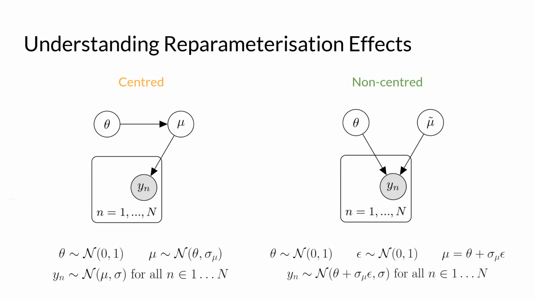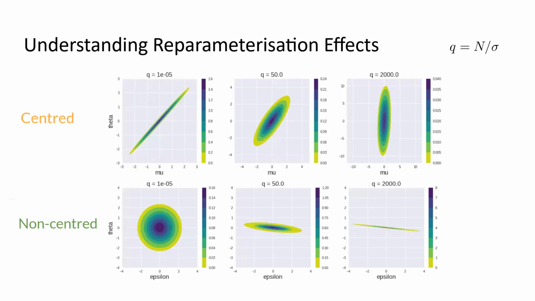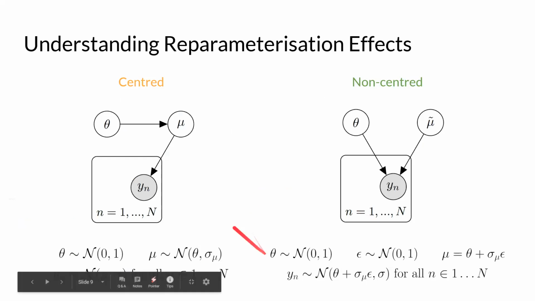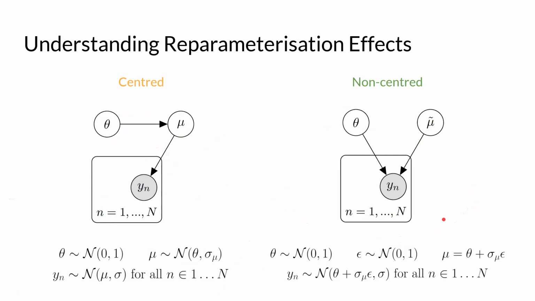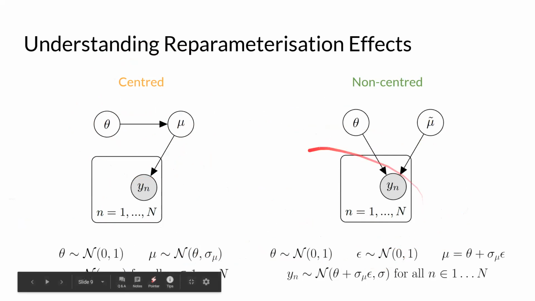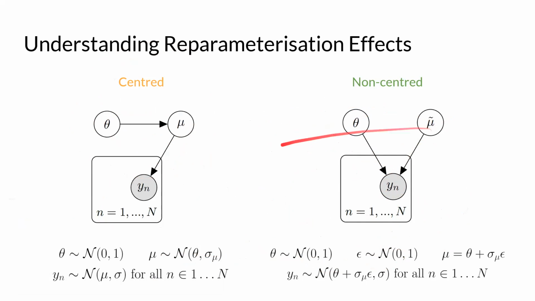And this is actually, it's a little bit fuzzy, really, but this is actually why we see that if we have a little bit of data, we prefer non-centered, and if we have a lot of data, we prefer centered. Because if we look at these two and suppose that we have no data, then in this case theta and mu are dependent, and in this case they're independent, because we don't have any data. So in this graphical model they're going to be independent.